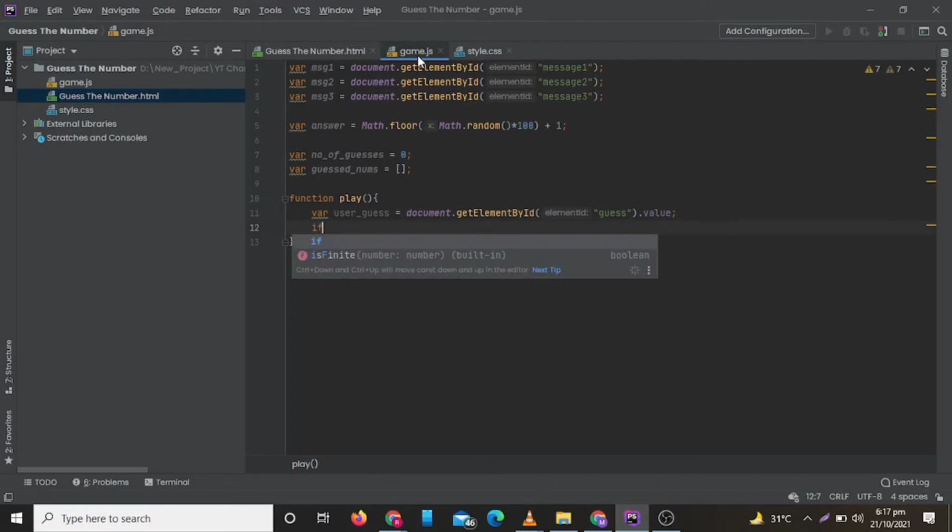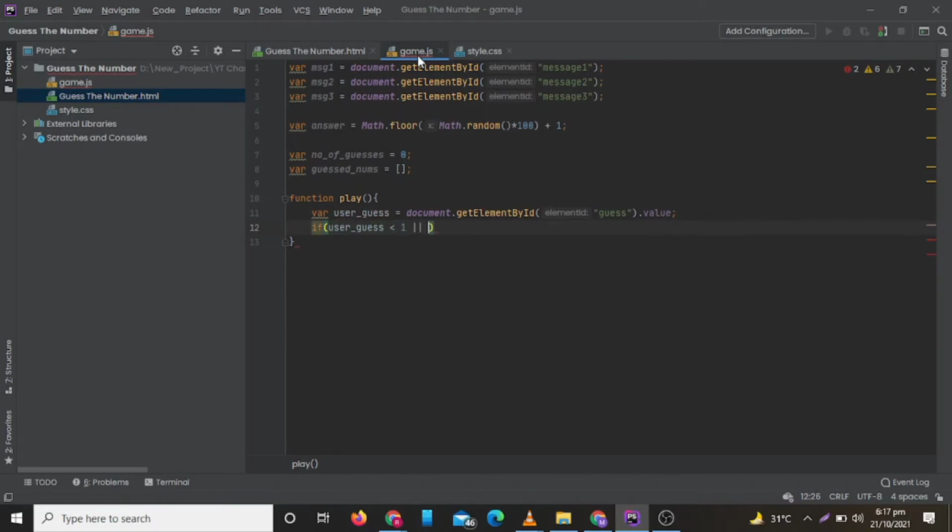Now we will create an if statement to check if the guess is smaller than 1 or greater than 100. Then it will alert the user that the answer must be between 1 to 100.